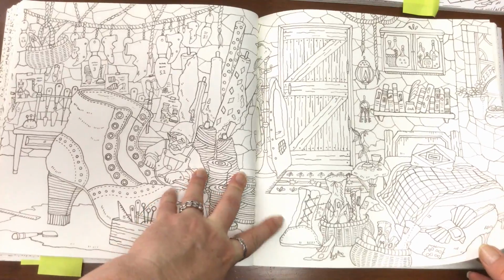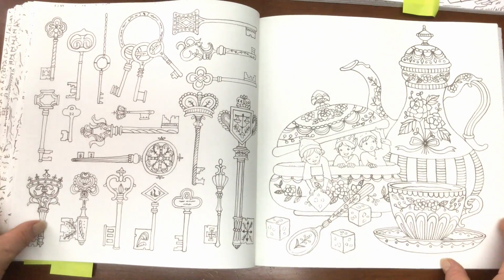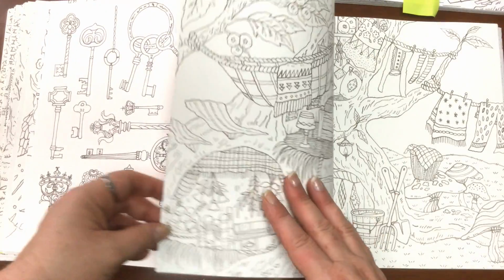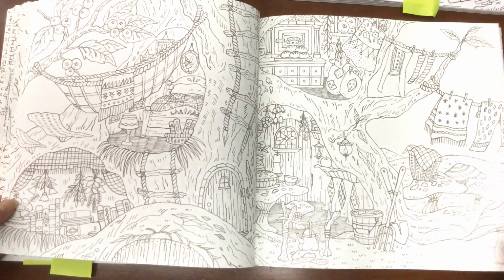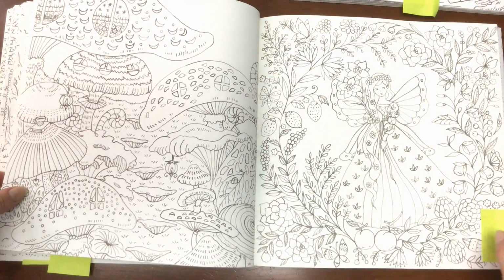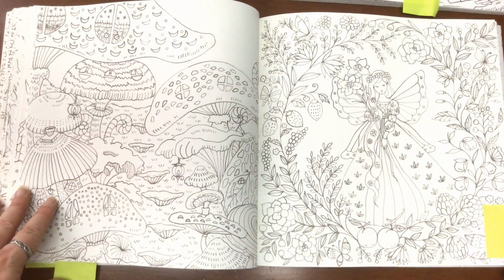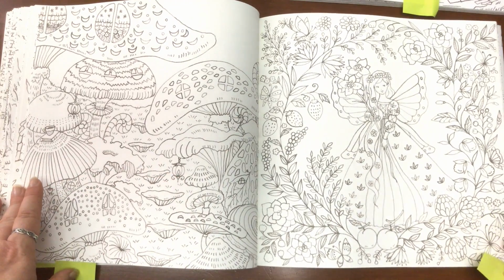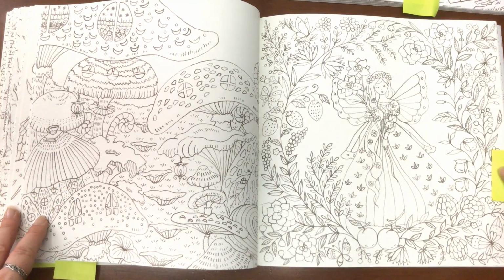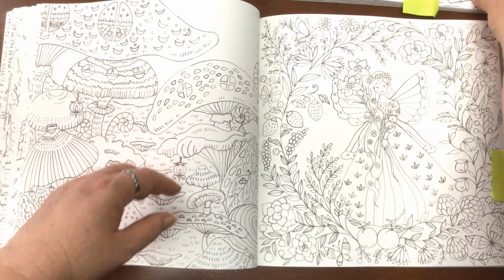And we see lots of interior shots, exterior shots. We've got little fairies. Now, if you're ever looking for an all-purpose colouring book that's sort of got the lot, like nature and people, fairies, you name it, Romantic Country is always the one that is on the top of my list. And with this one here of the little fairy, I just wanted to point out to you,